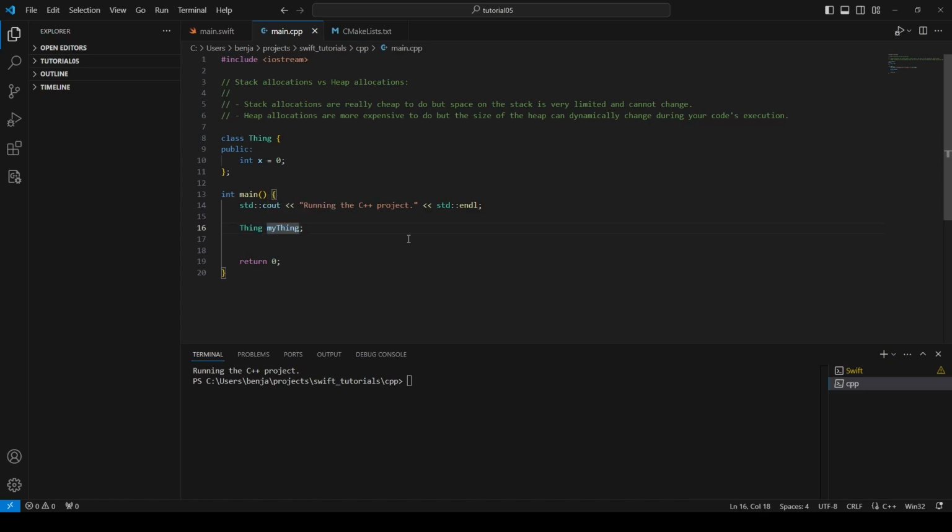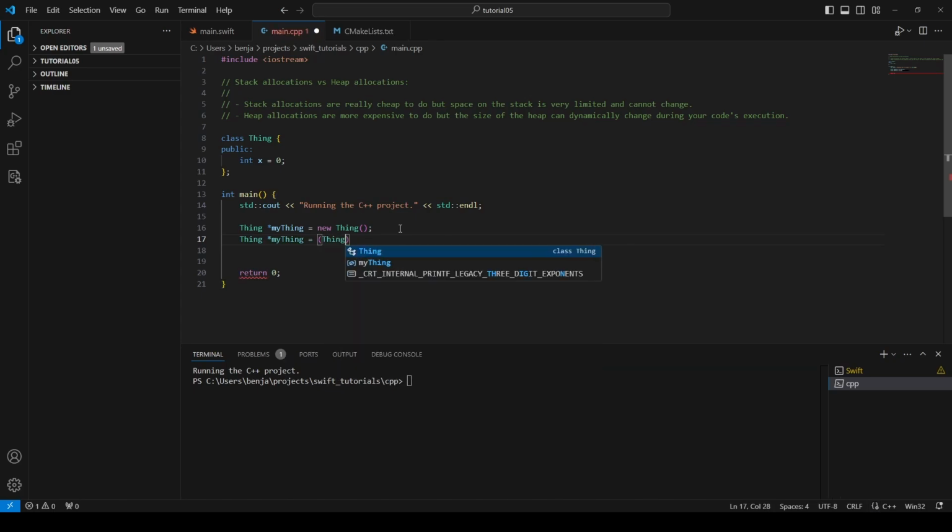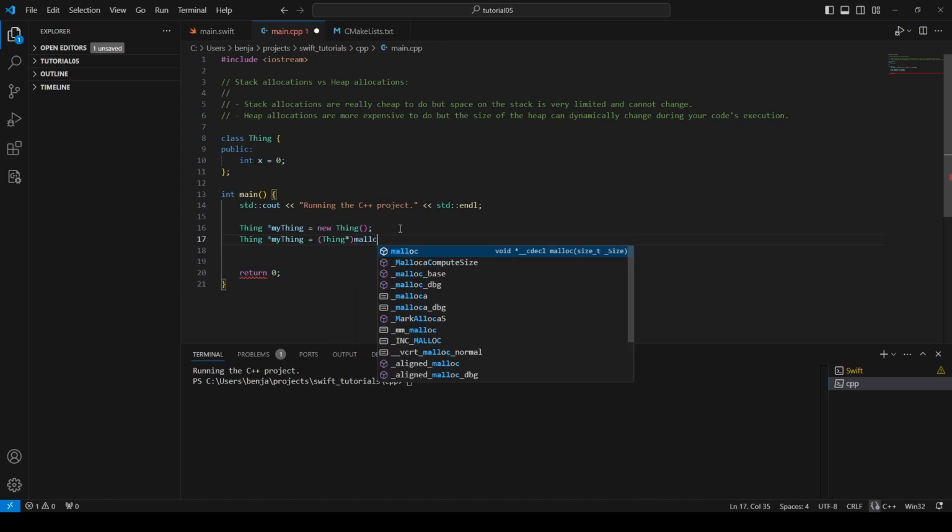To ask explicitly for a heap allocation, you would write code that either uses the new keyword like this, and it returns you a pointer to a newly allocated instance of thing on the heap. I know that was a lot of words. Hopefully it made sense. Or in the more C style of things, if you're more of a C person, you might see it look something like this, where you say,